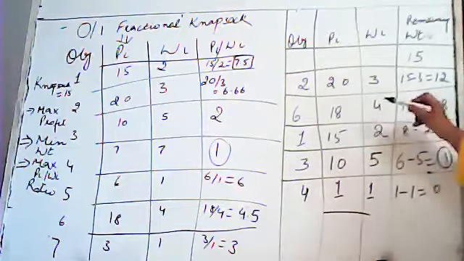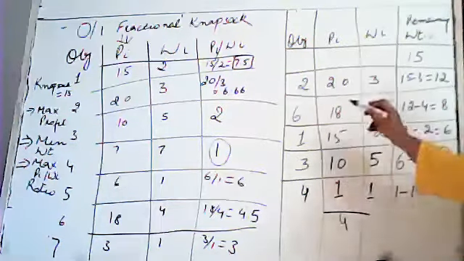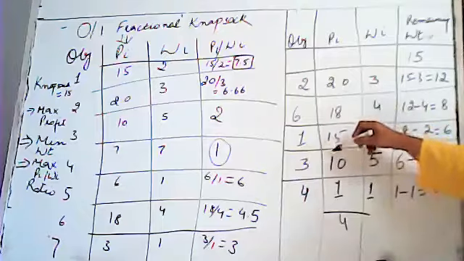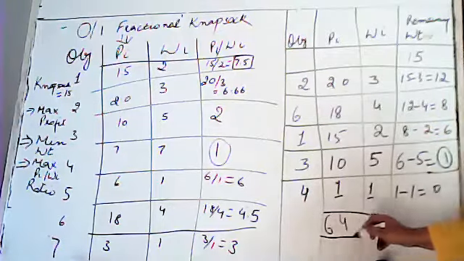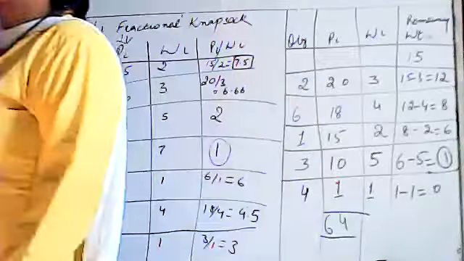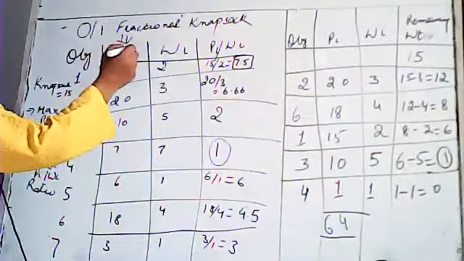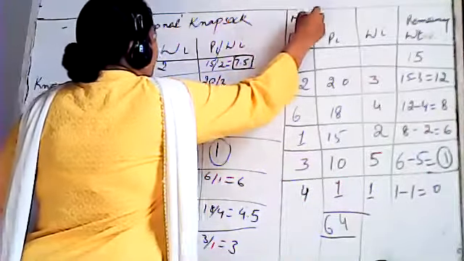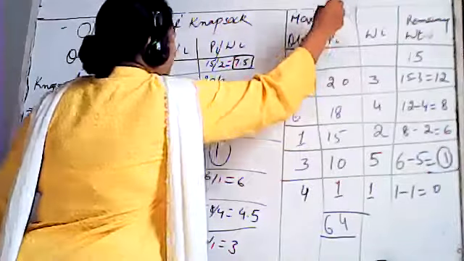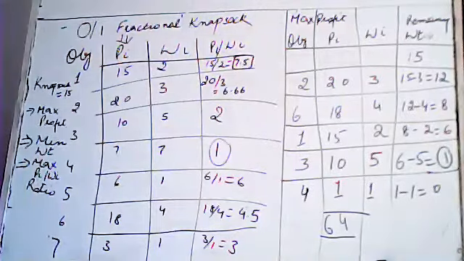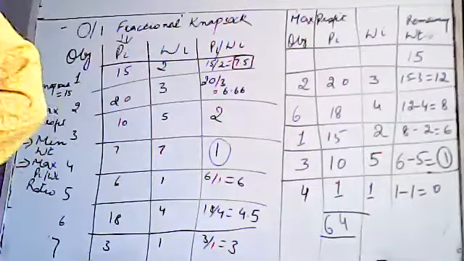So do its total. 8, 5, 13 plus 1, 14. 1 carry, 2, 1, 3, 4, 5 and 6. So this will be your answer for maximum profit. The maximum profit you will earn by picking up 15 kg would be 64. Yes or no? If it is clear, please raise your hand. If you have a question, you can unmute yourself and ask, so that we can move further.